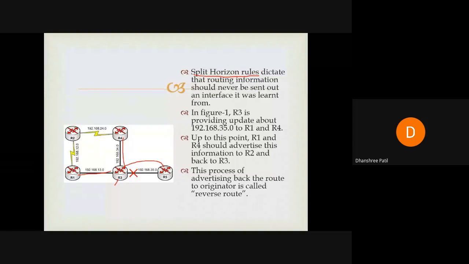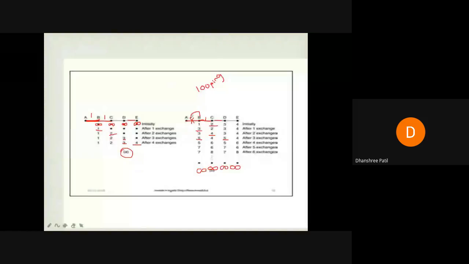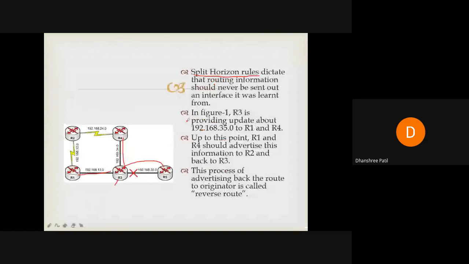So according to the count to infinity problem, what was happening: the connection is lost, still B is trying to connect with A. Correct. And because of that, everything was going into an infinite loop. Because the connection is lost, still B is trying to connect with A, and that is the reason for the count to infinity problem. Now according to the split horizon rule, what it indicates is that